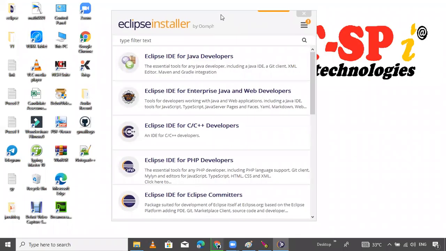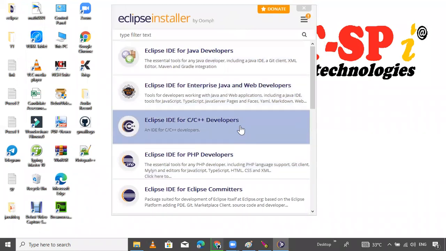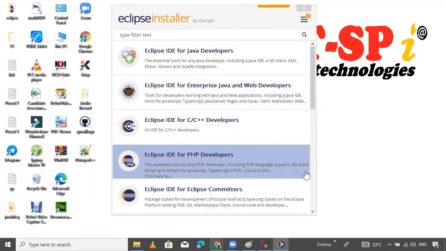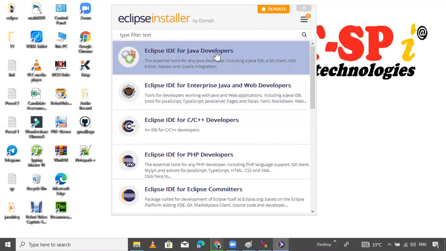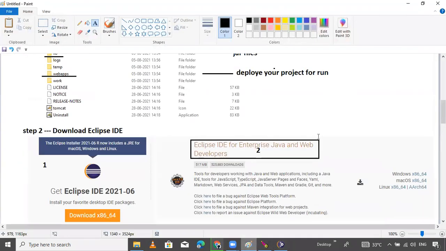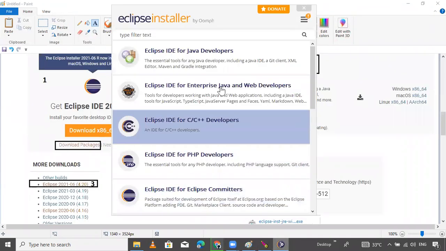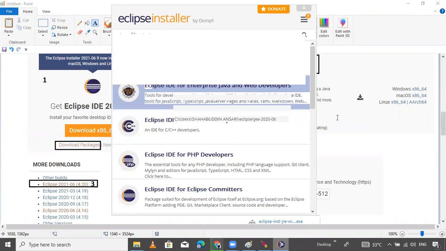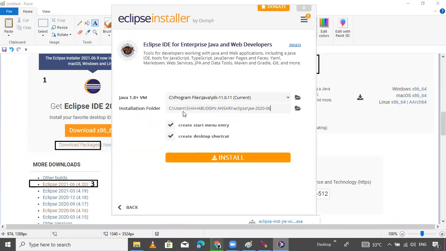Now you will get this. This IDE is asking which version you want to install. Why? Because when I was downloading this exe file, I was not selecting any option like that. But remember one thing: if you select this option, then you will not get this. So I want to download this. When you install Eclipse IDE, internet is required. It's downloading. Why? Because it's a 55 MB .exe file, and it's downloading all the files from the internet. So it's taking time. Wait.